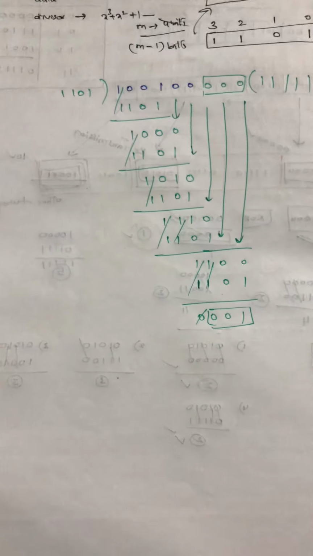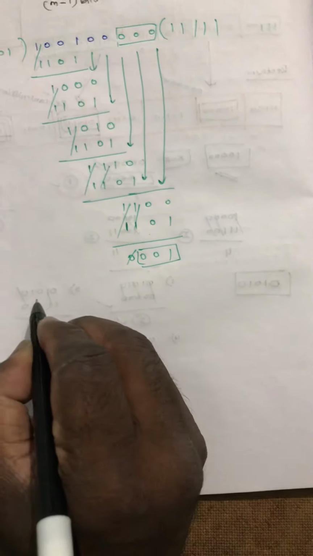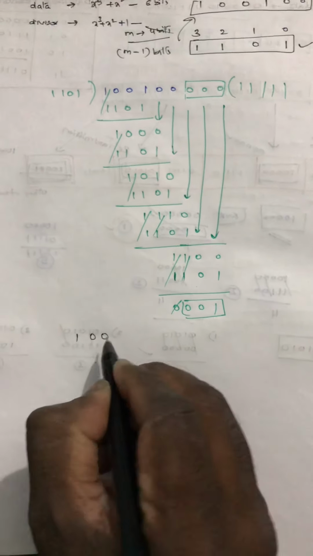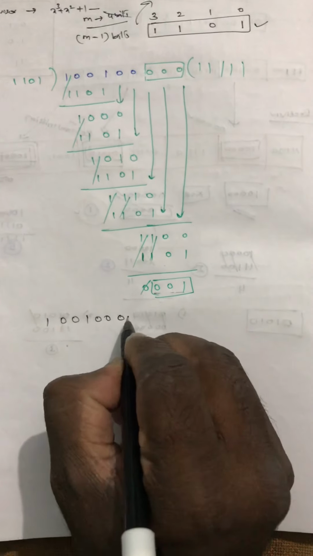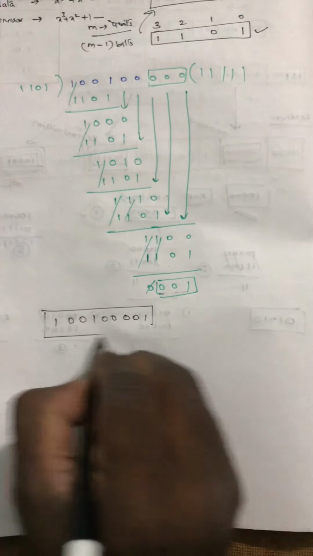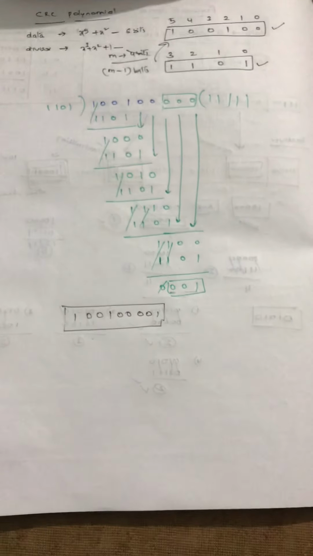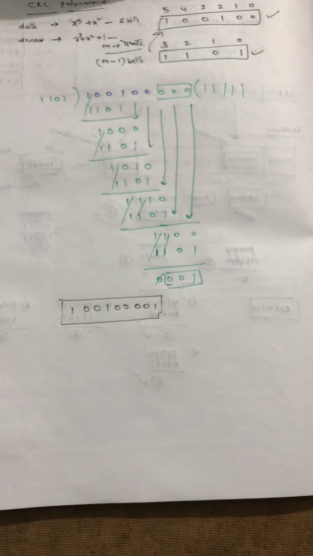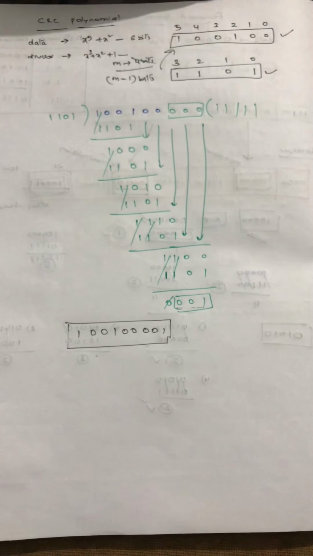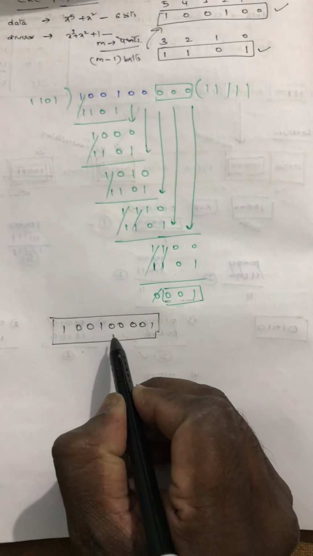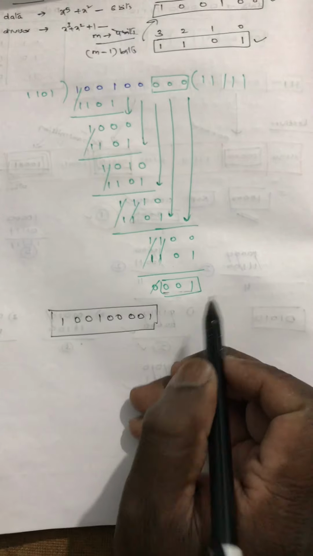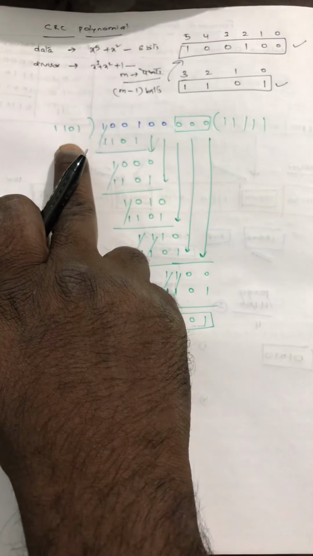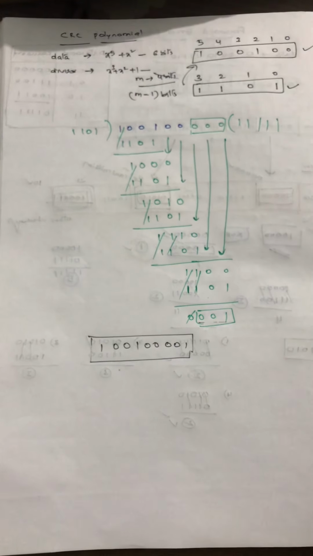That means your actual frame which you are going to transmit is 1 0 0 1 0 0 and these 3 bits, which is 0 0 1. This is the frame which you are going to transmit from your end, from the sender side. Okay, now what will happen? Whenever a receiver receives this frame, which is your code word, it will perform a division operation on the other side with the same divisor value. The main motive here is you're going to perform polynomial activity.